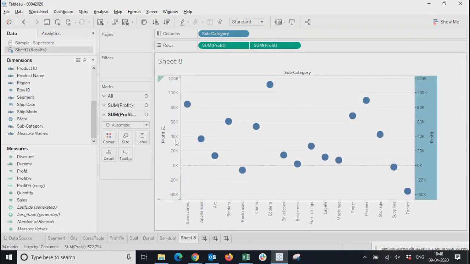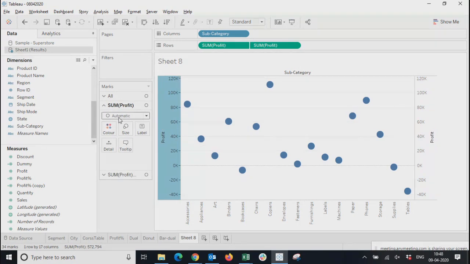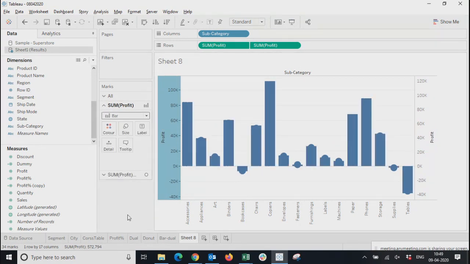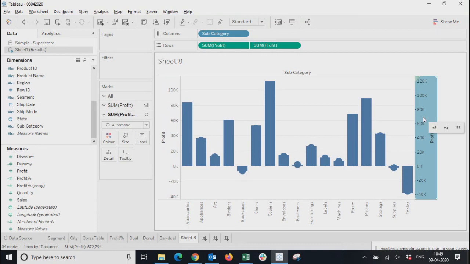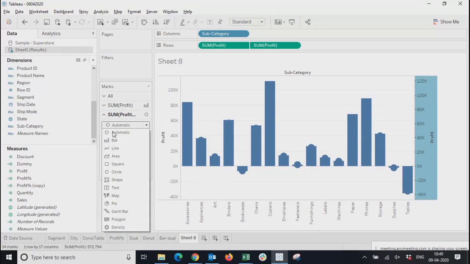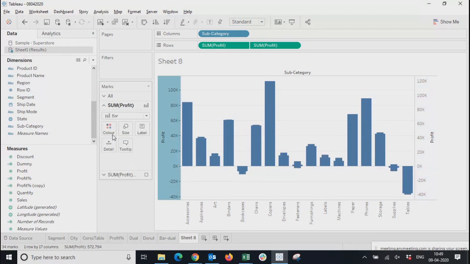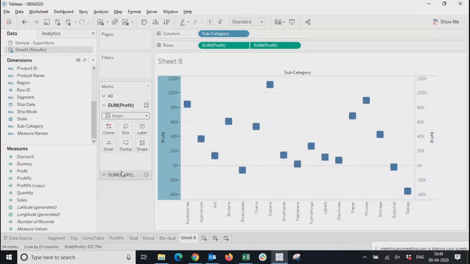And this time I'll go ahead and convert one of them into bars and we'll keep one as a specific shape. So for a specific shape, right now it is a circle. You can take anything else, whichever you want, maybe shapes. Go here and take,